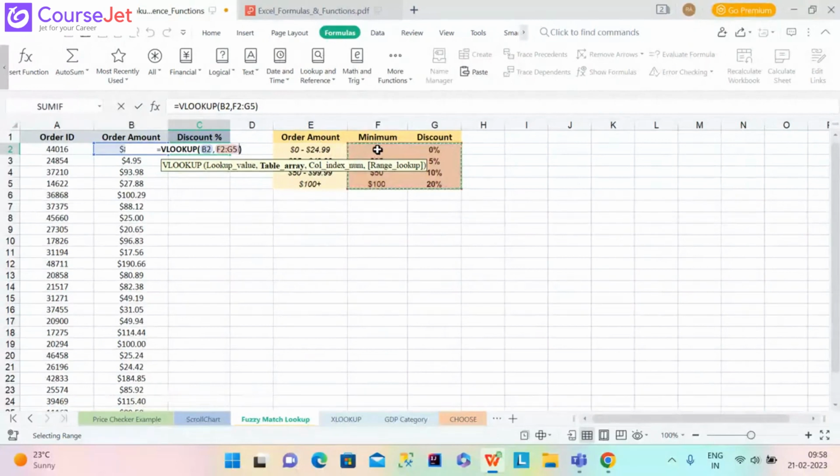This is the table array, and then I press F4 to lock it in, and I want the value from the second column over. So this is the second column,